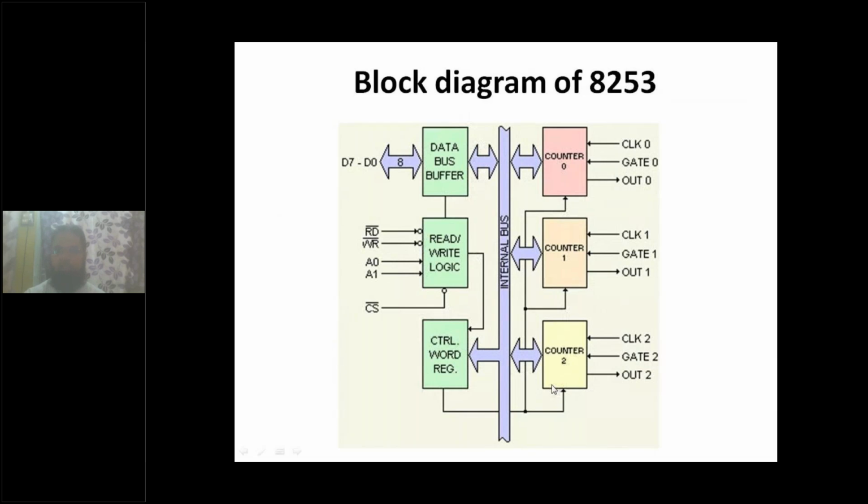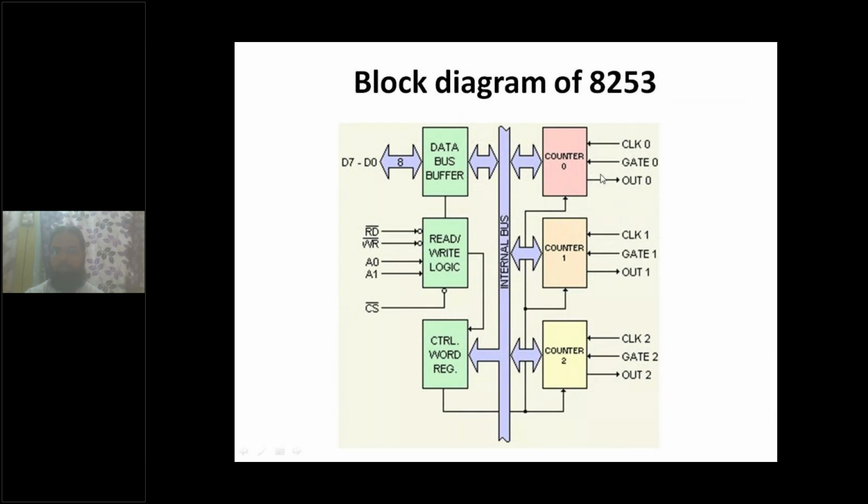How can the timing delays be generated? There is a counter register whose size is 16 bits, and it is filled with some value, or you can make it 0 also. Then once you apply the clock pulses, at the 65,536th clock pulse the counter register becomes maximum and then converts to 0 again.